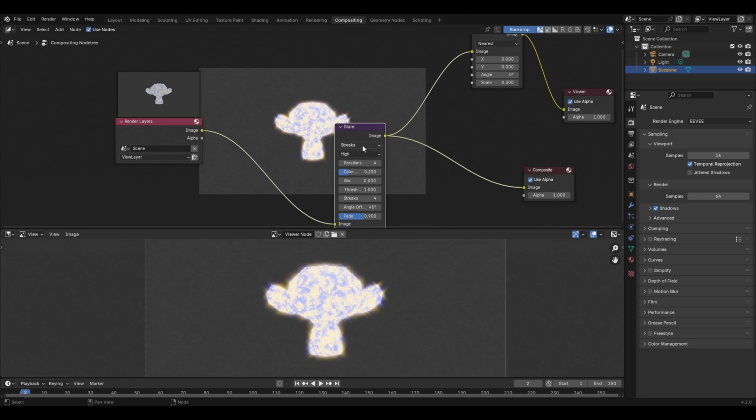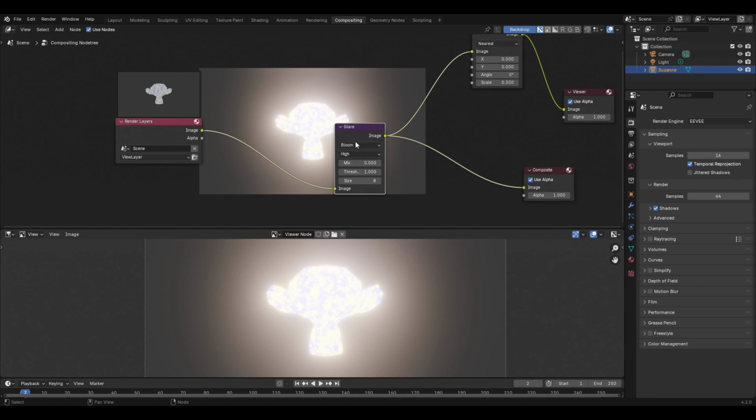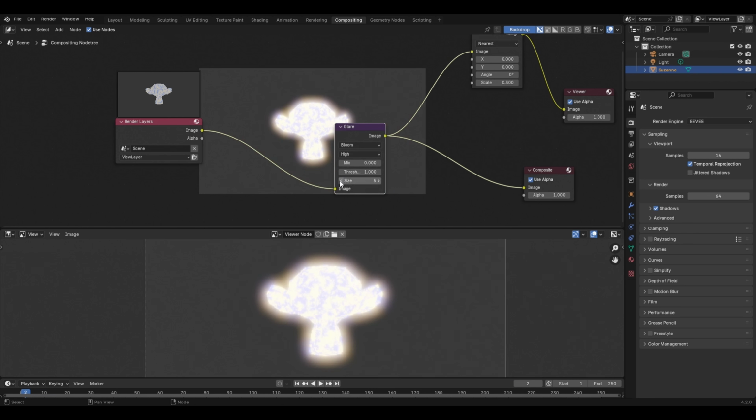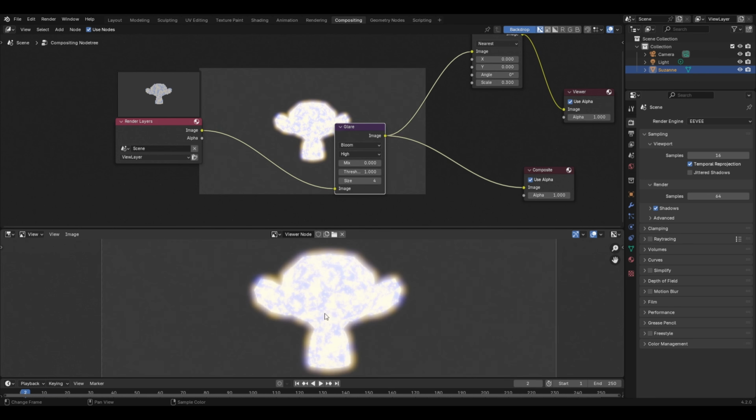Also, if I go to the glare type option, then you have 4 more glare types. And the first one is the most important, which is the bloom. So I'll select this, and with the bloom you can basically control the glow of the emission. First of all, let's reduce the size from here, and we'll be keeping it to something like 4 or 5. And right now the glow effect is being applied to all the parts that had the emission material.